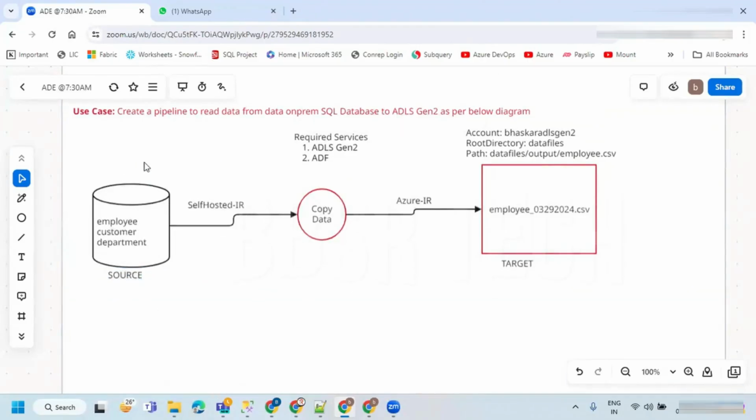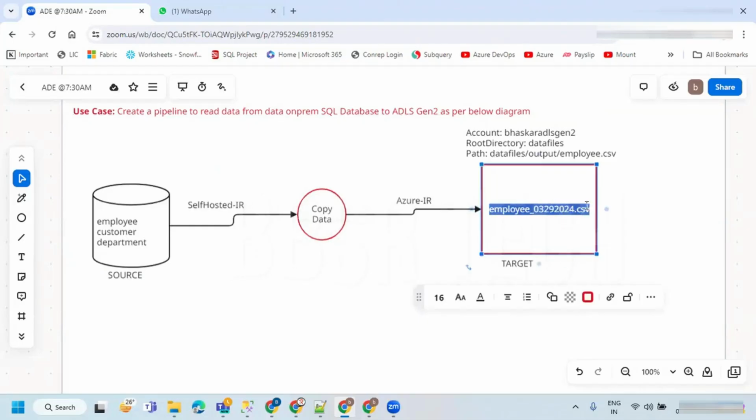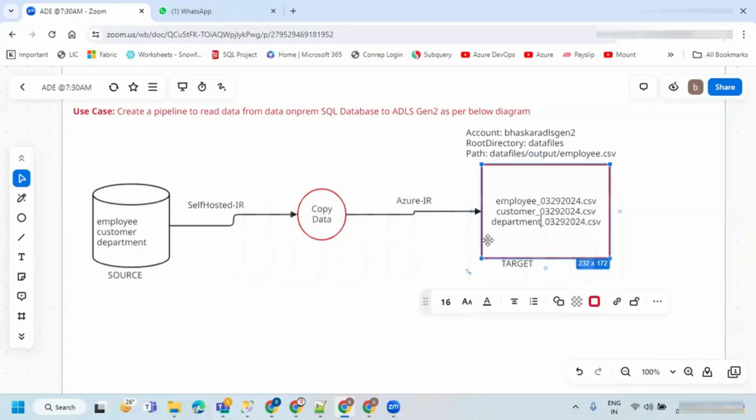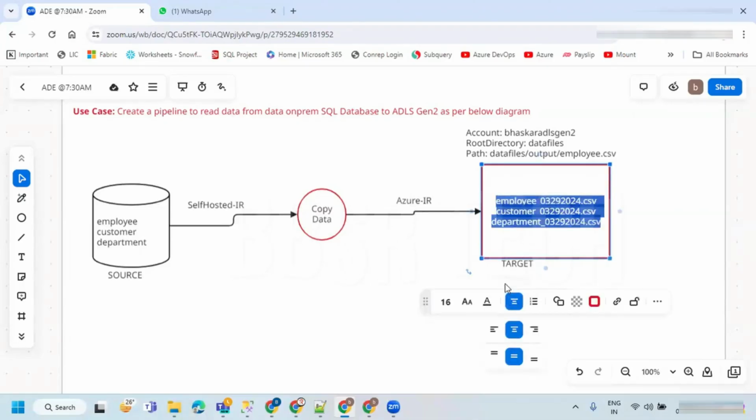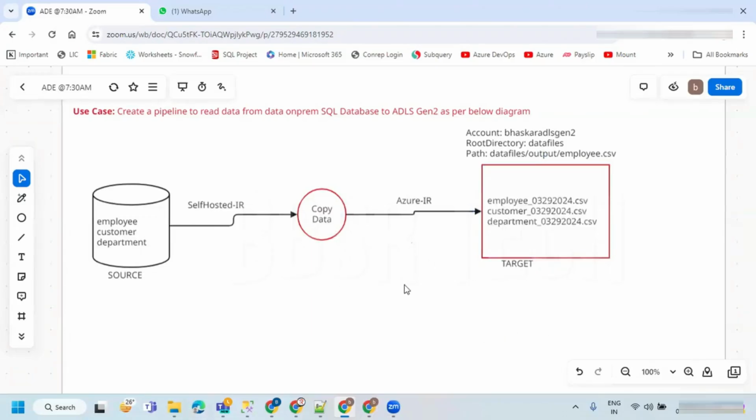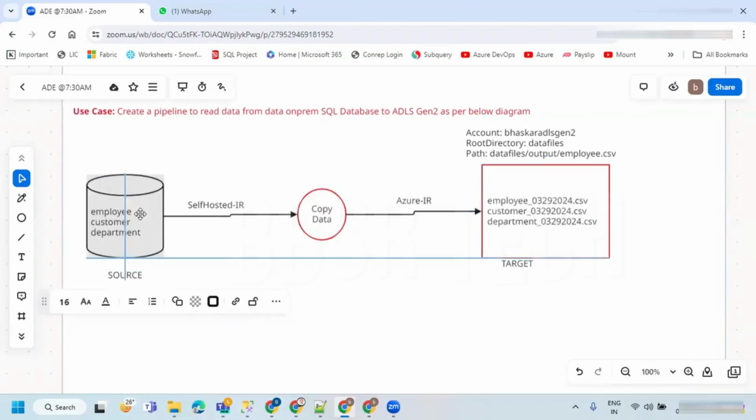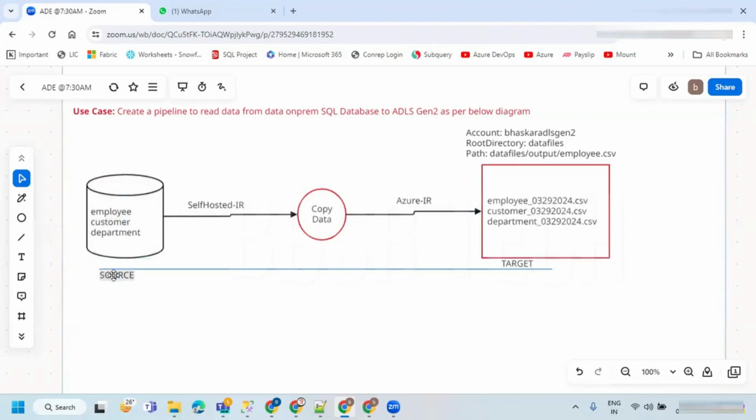Same to same. Here I have to say customer underscore date, department underscore date. So this is my source and this is my target.